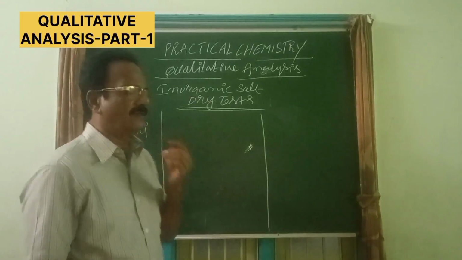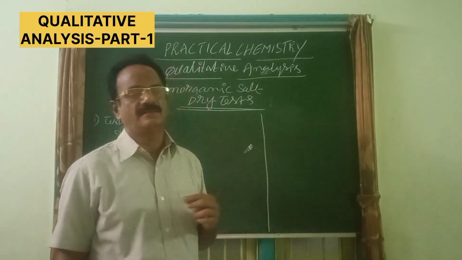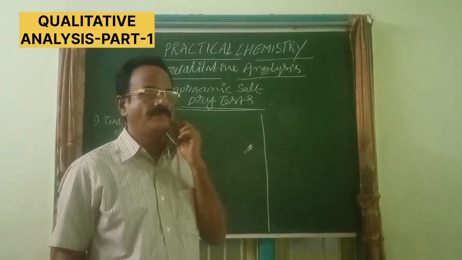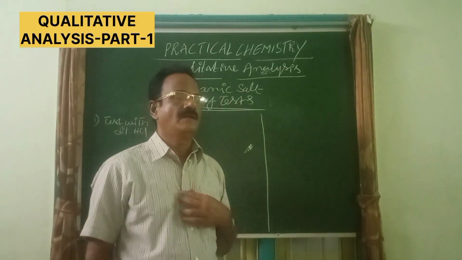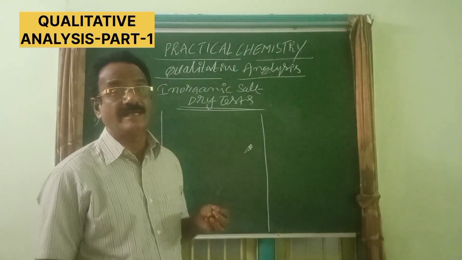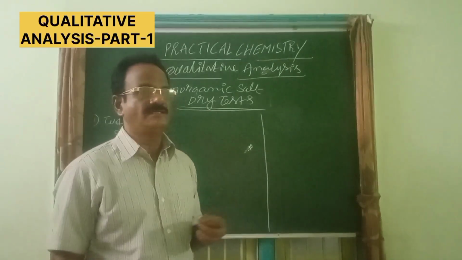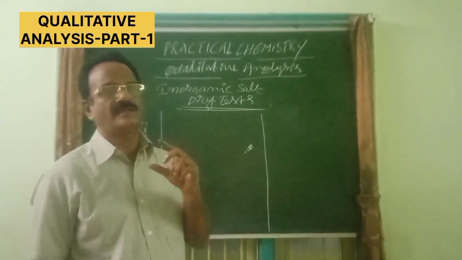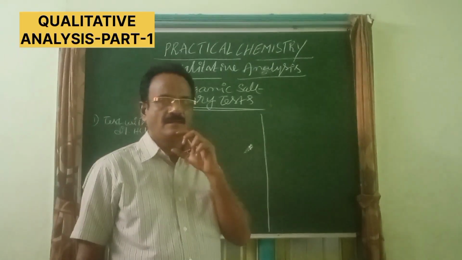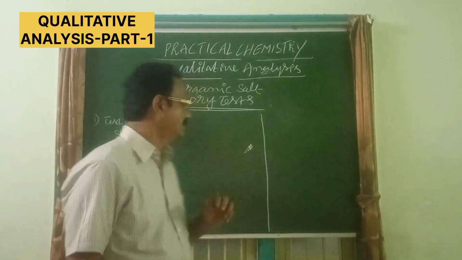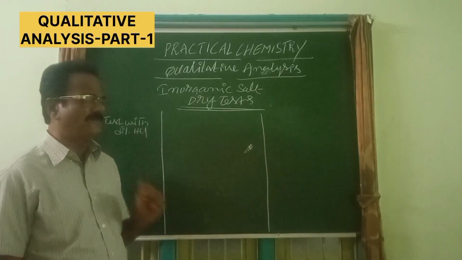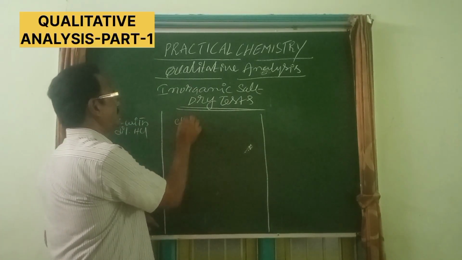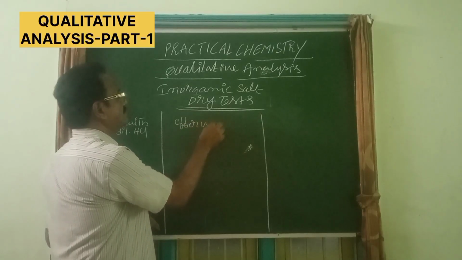Here a pinch of salt is to be taken in a test tube, and then dilute HCl is added. The addition must be slow, then only one can observe the change. If during addition of dilute HCl, effervescence is observed,